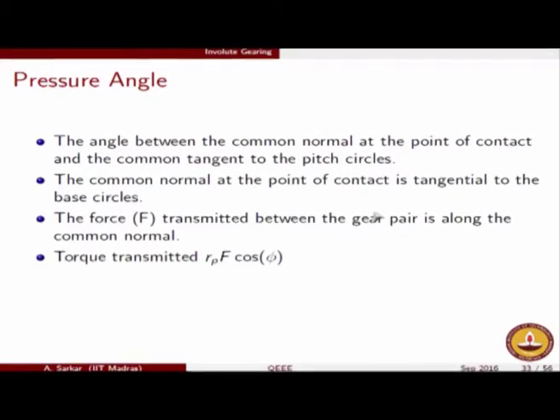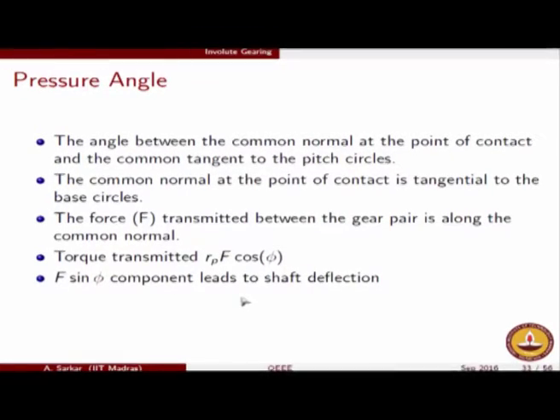So if you have a large f sin phi which is directed towards the center of the shaft, then that will cause a shaft deflection. So this actually leads us to a very important criterion: if phi is taken large, then the sin phi component will be large, f sin phi will be large, and this will cause large shaft deflection. So we want to avoid that, so we will not take a large phi, we will rather like to live with as small a phi as possible,